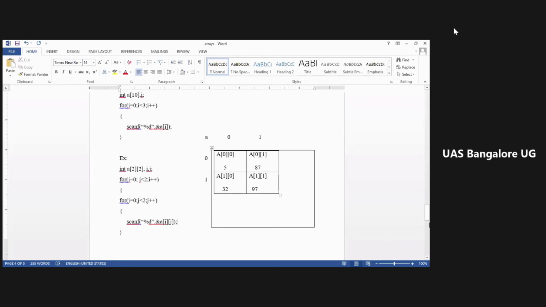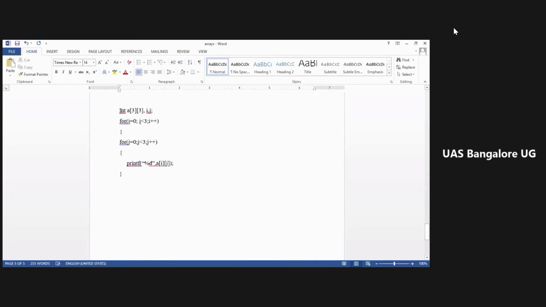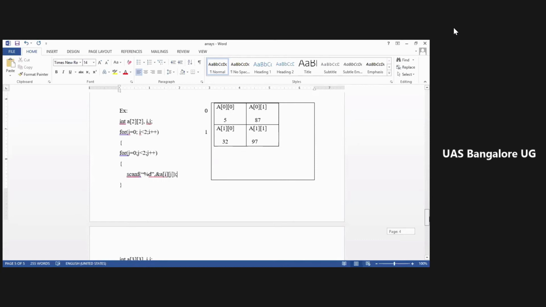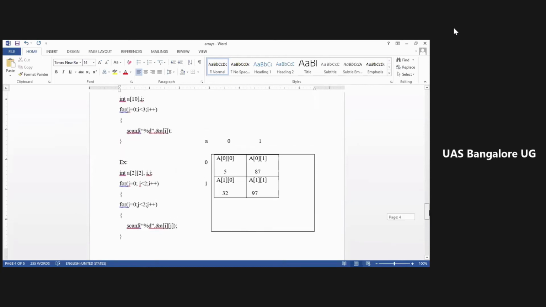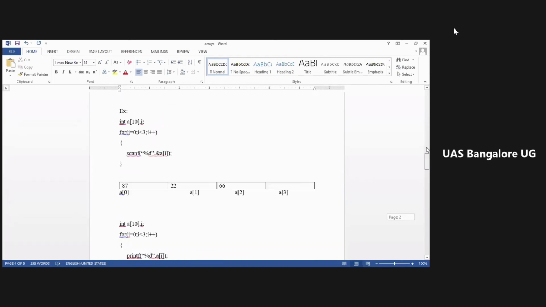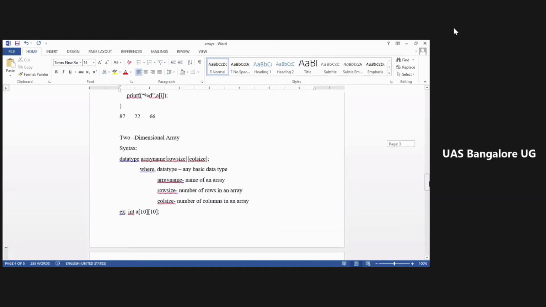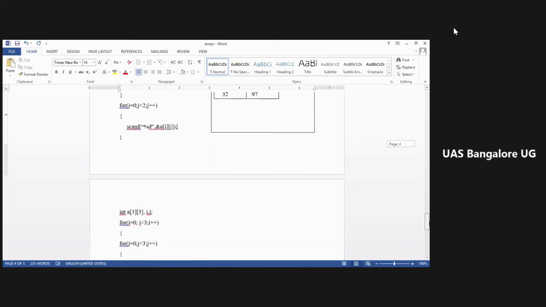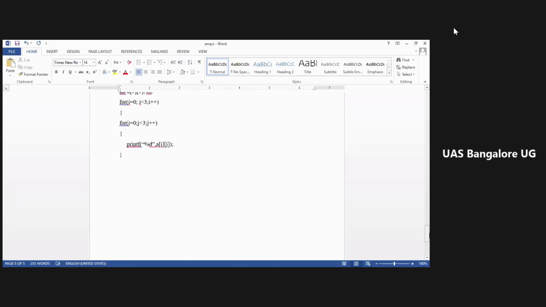So the same way you are printing the values. Same thing, you're taking two loops, a loop within a loop, and then you are just printing A of ij. So to print A of ij, you're taking this ampersand symbol. So your arrays problem is one and the same. You have repetitions of these statements. So this is the two-dimensional array.